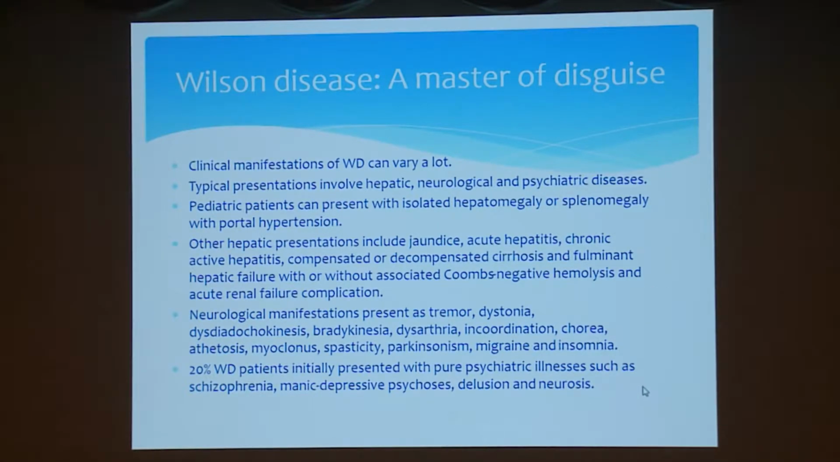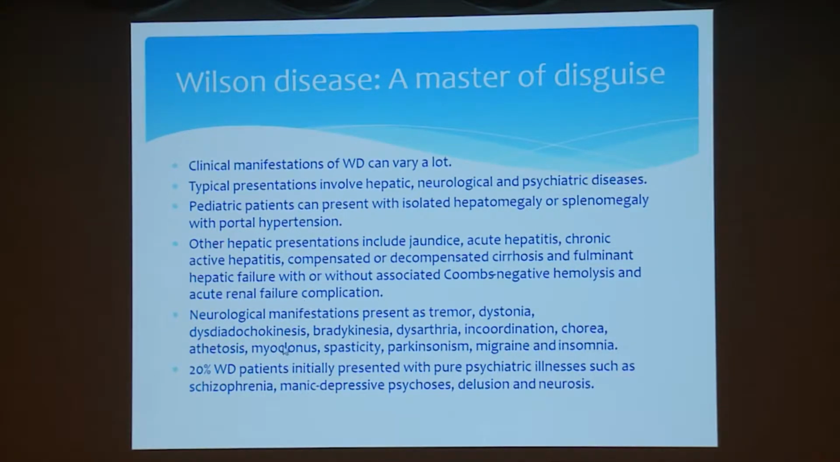But Wilson disease is a master of disguise. It's very difficult to diagnose when they present with an atypical picture, and even typical presentations can sometimes be difficult as well. There are 3 major aspects: the liver, the CNS, and the psychiatric diseases. So they can present with isolated hepatomegaly or splenomegaly with portal hypertension. They can have jaundice, acute liver failure, hepatitis, chronic active hepatitis, cirrhosis, or Coombs-negative hemolysis with acute liver and renal